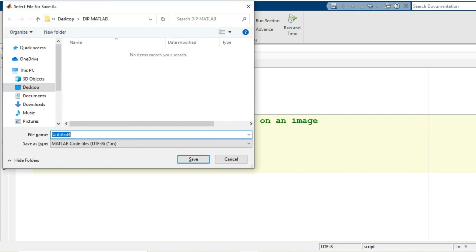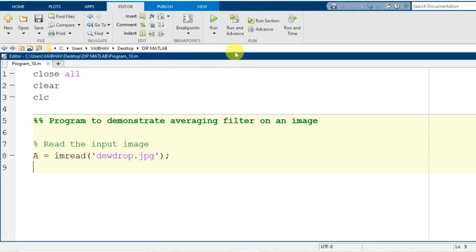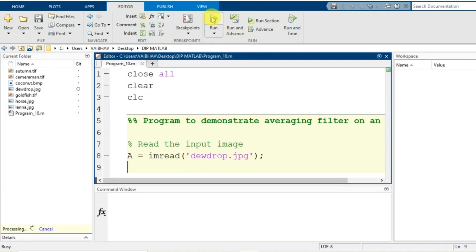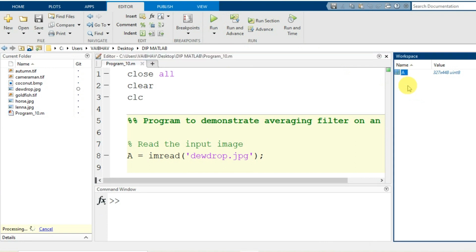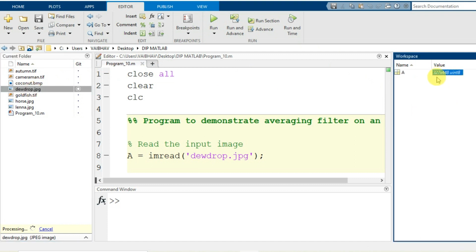For that purpose I need to save this program. The program name will be program_10, with .m as the file extension. I save it and let us run this program. Initially the workspace was empty. Now we have the variable capital A. The dewdrop.jpg is accessed here with the dimensions 327 by 448 of the data type uint8.